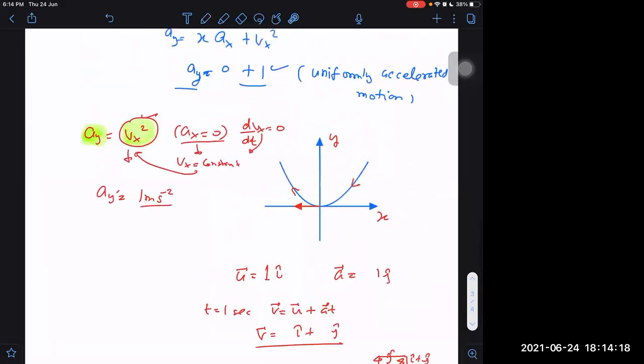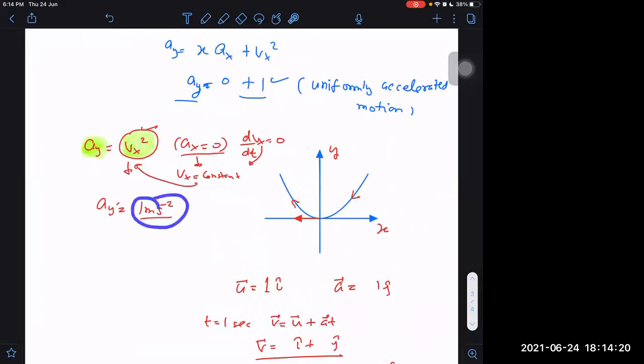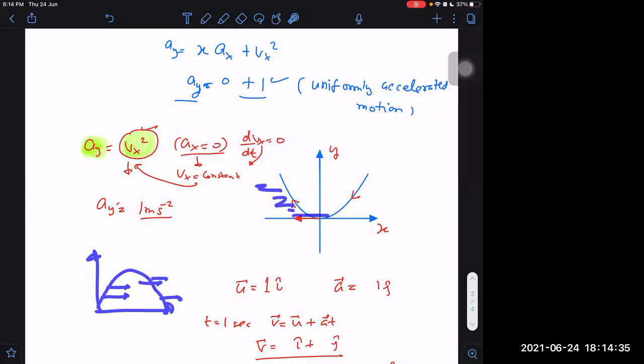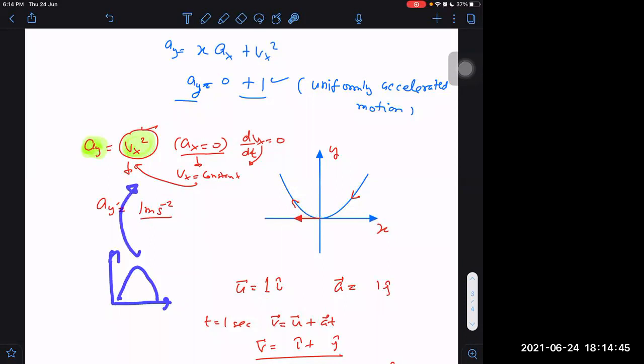But the only difference is in motion under gravity, acceleration is 10 meter per second square. Here it is a different acceleration, but it's the same kind of motion. And in motion under gravity, we have already this experience that velocity along the x-axis remains constant. Similarly, here also velocity along the x-axis is remaining constant. We could have guessed from that. Directly, we could have guessed that if velocity along the x-axis remains constant in motion under gravity and we get a parabola, then chances are that here also probably we may get constant velocity. Okay. Right or not?